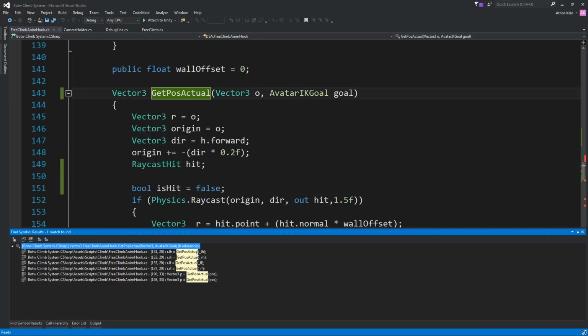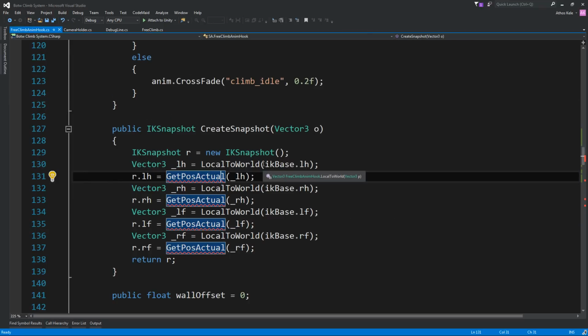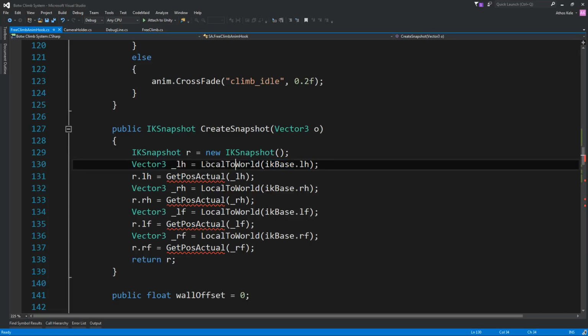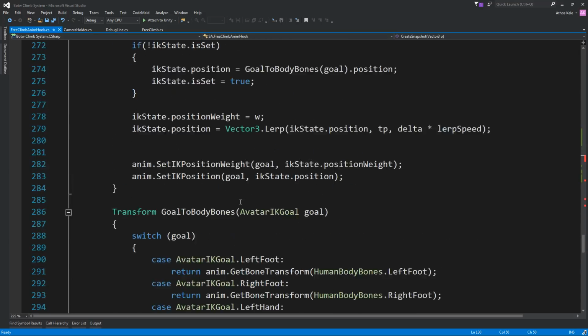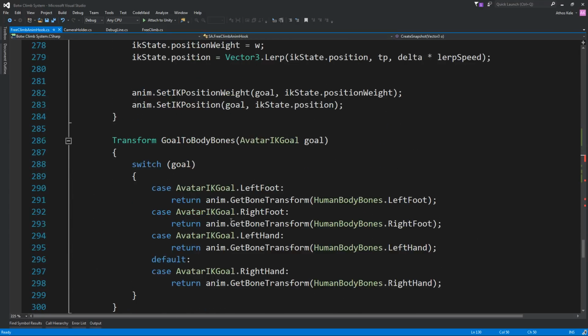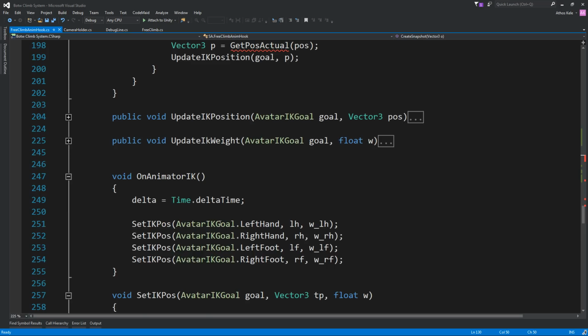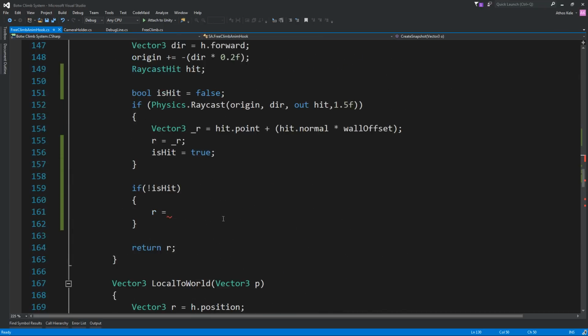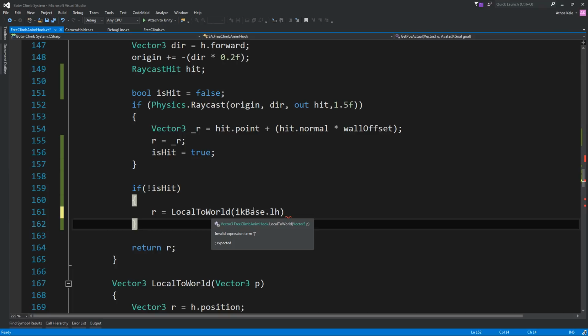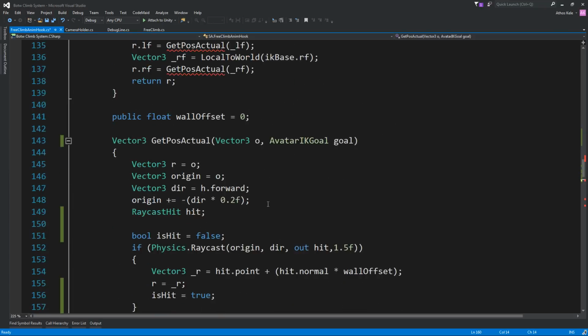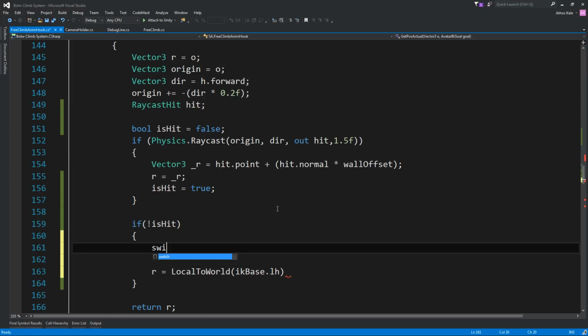Let's go back a little bit. Yeah, local to world, it's going to be this. Local to world, okay, base. Okay, so let's do a switch. Avatar, okay, goal.